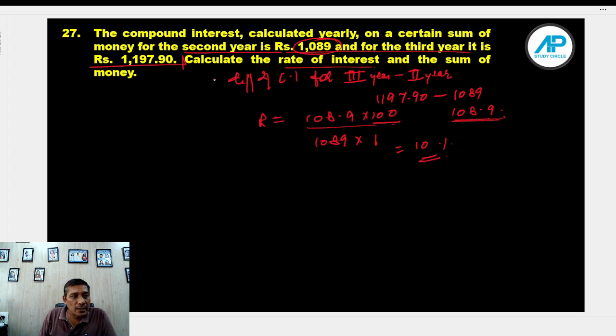So the first part is that the rate is 10%. So जो rupees 1089 थे, उसका 10% 108.9 बढ़ गया और 1197.90 बन गया. Find the sum of money. I got to find the sum of money. Again, I go back to the unitary method. Many of the teachers in your schools and anywhere else try to put you with x. I always think that x is not the right way of solving these questions. You should not make this a question of algebra. So I take the original sum